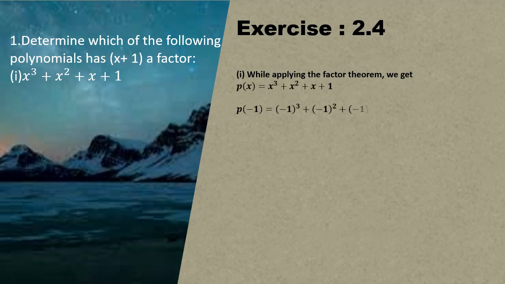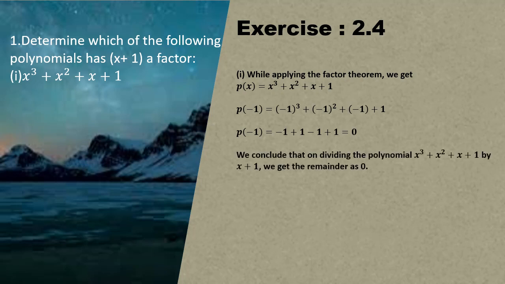Substitute x is equal to minus 1 in place of x in p of x. When we put x is equal to minus 1, the first step is p of minus 1 is (minus 1) whole cube plus (minus 1) whole square plus (minus 1) plus 1. When we open out, the minus 1 plus 1 cancel out. Starting with the first two terms, minus 1 plus 1 again cancel out, and the last two terms too. Then at x is equal to minus 1, the whole polynomial becomes 0.